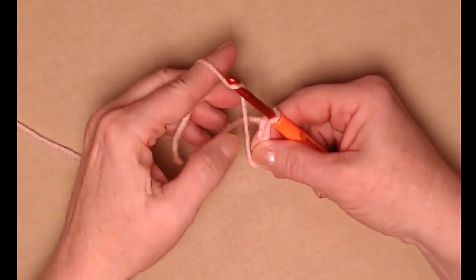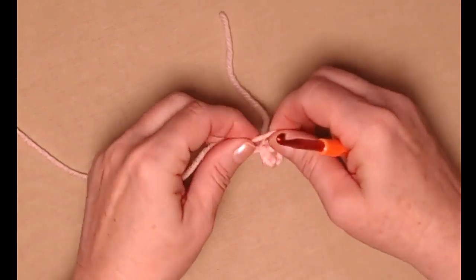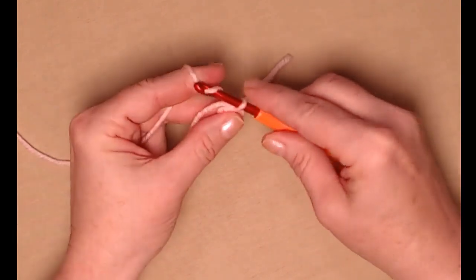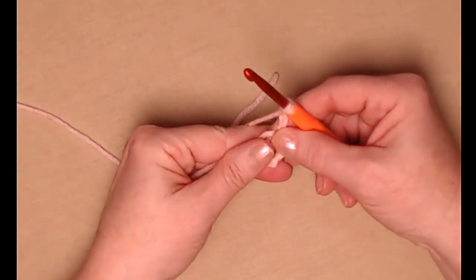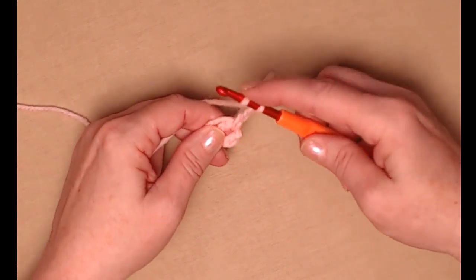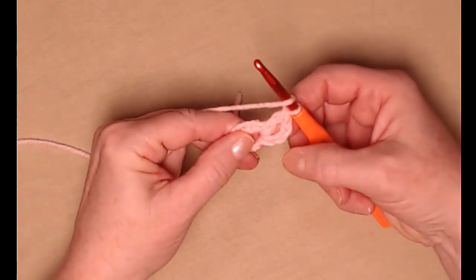So we'll put the tail of yarn over our hook and we'll pull it through. We'll snug this down and tie a stay knot so that our circle stays together, or our loop. We'll put our hook through, pull up a loop, and chain 3. This chain 3 counts as our first double crochet. We're going to double crochet 11 more times in this chain 5 loop. Yarn over, go in, pull up a loop, yarn over, go through the first 2, yarn over, and go through the second 2. So there's 2,